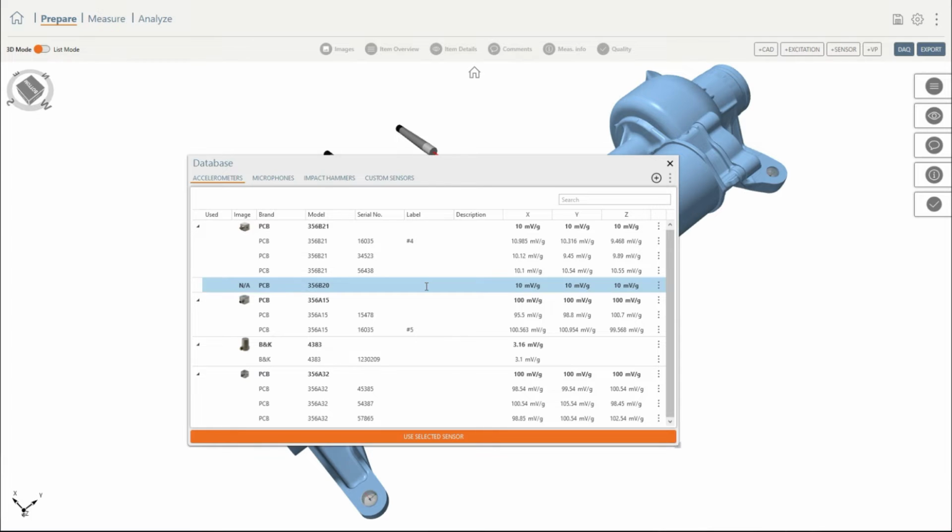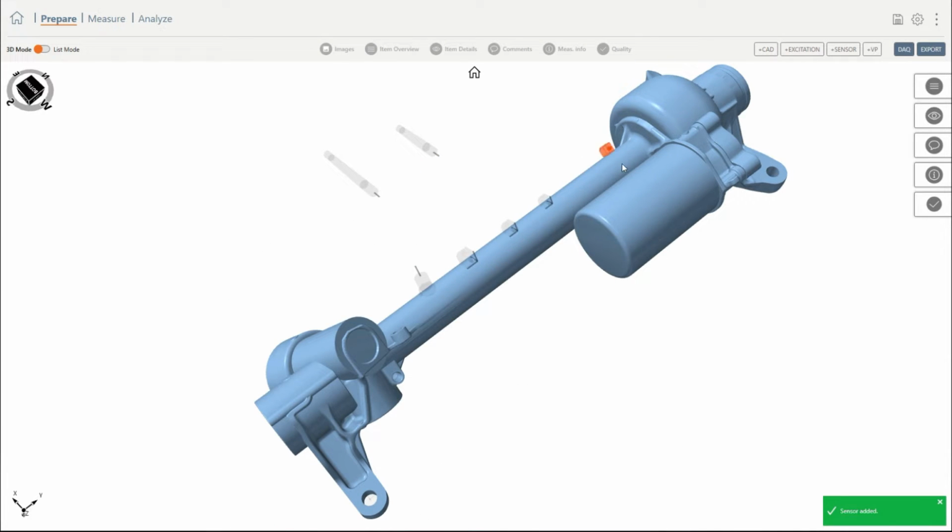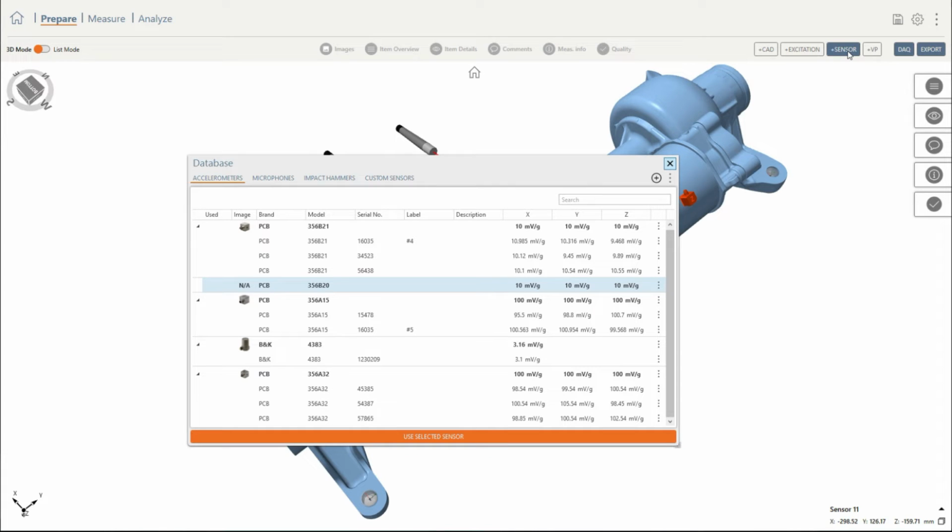To include this new sensor in your project, just click here and drag it to where you want it to be placed on the geometry. Then if you press the S key, you can add the same type of sensor again, which should really speed up your test setup. Whenever you add one of these sensors to your project, it actually gets copied into the project file. So when you share the D-Rock project with your colleagues, you don't have to worry about it congesting their sensor database.